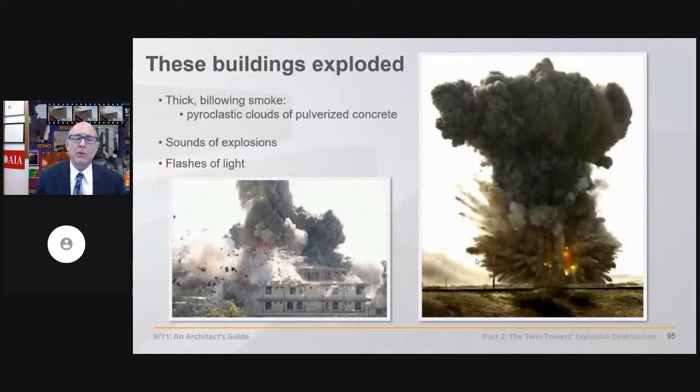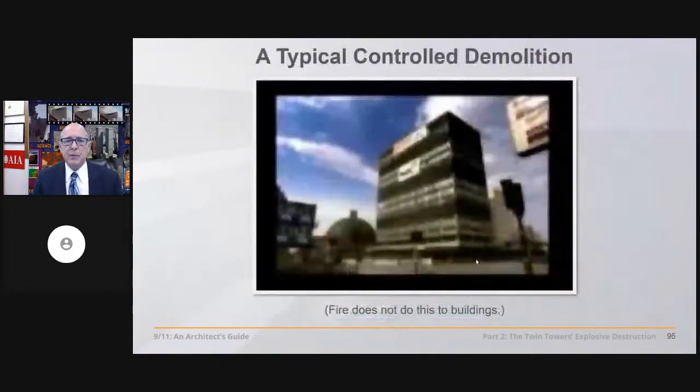Now, explosions are not a part of the official story, other than the explosions associated with the impact of the airplanes, and some explosions which they say in the lobby as a result of jet fuel. So we can use explosions to very effectively bring down high rises.